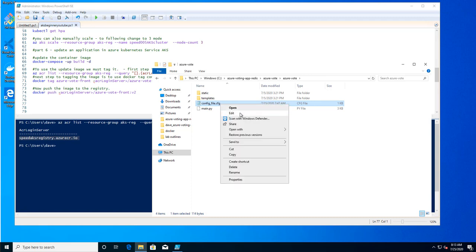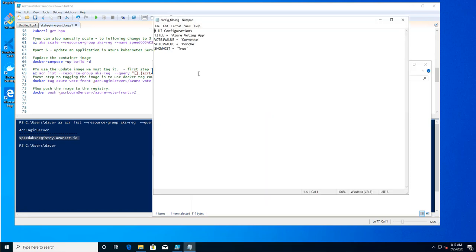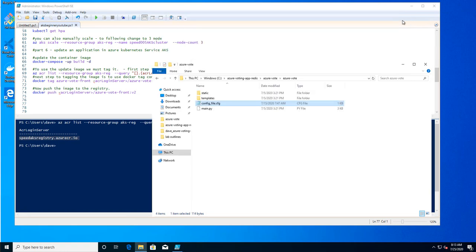You can edit it in Notepad or Visual Studio. It's a simple file, I think there are only about 6 lines there, so I'm going to edit it in Notepad. You probably have cat and dog or dog and cat here. Just change the values to what you want. Like I said, I changed mine to Corvette and Porsche. I don't need to change anything else, but you can change the title here if you want as well. So I'll save that